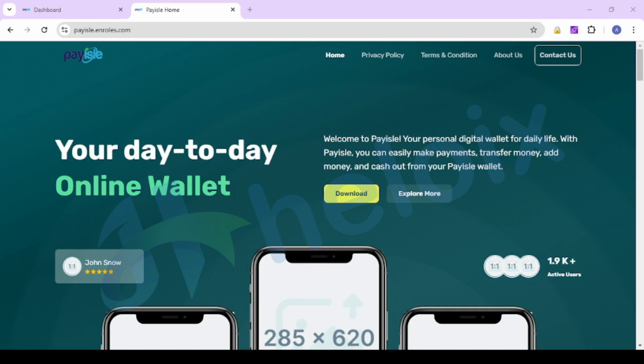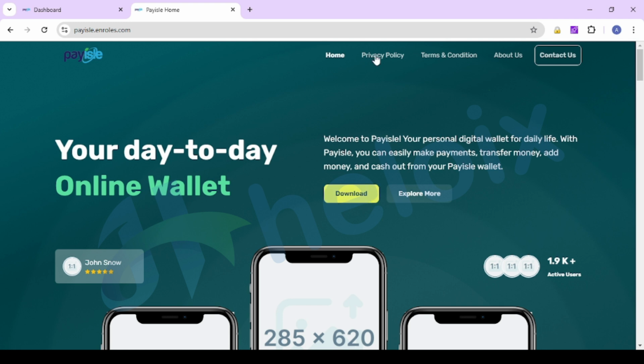So this is the ad. This is the Paytm clone which I'm going to show you. So this is the landing page. Here you can set up your own download device link. So whenever a user clicks here, they can easily download the Paytm clone application and then they can work with that.